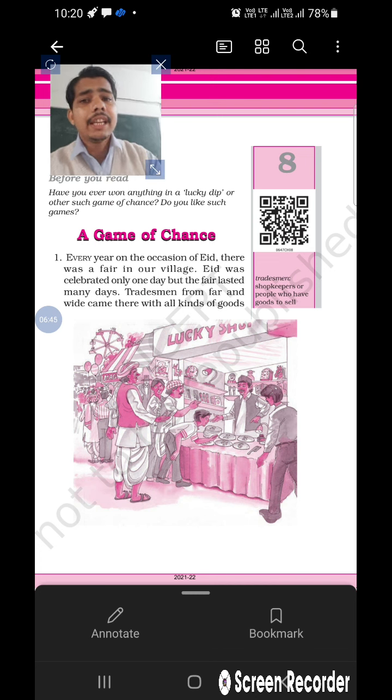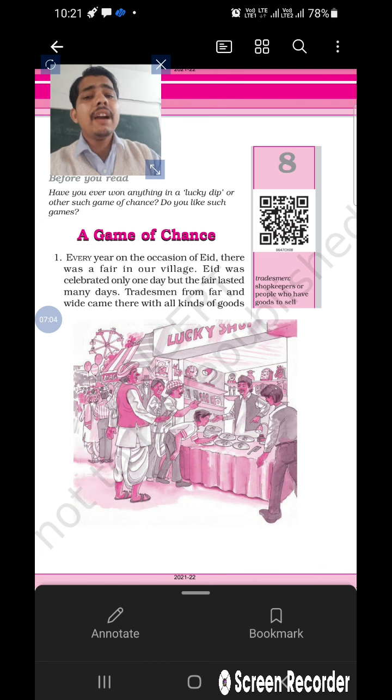In the same way, here the author is telling, every year on the occasion of Eid, on the festival of Eid, every year, each year,